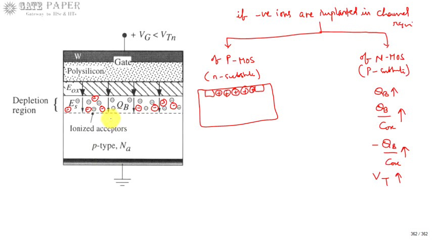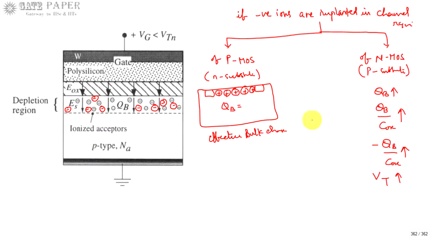So as you are implanting negative ions in the channel region, those negative ions with positive charge are going to be neutralized. So the effective positive charge, now the bulk charge is related to the positive ions. How many positive ions are present? Okay, so effective bulk charge, as you are implanting negative ions in the channel region,